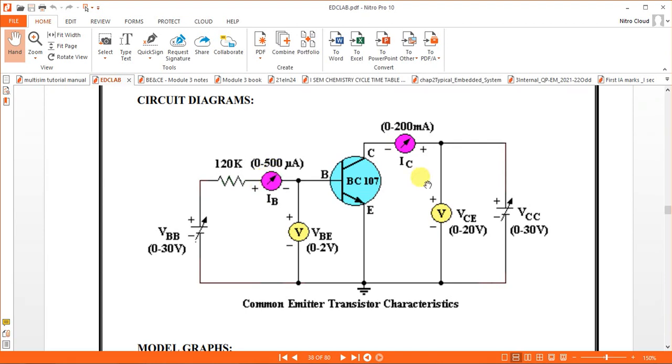Again, that is the second set. Third set, again increase the VCE by 2. So keep VCE equal to 4 volts constant. Repeat the experiment. Next repeat with VCE equal to 6 volts, next VCE equal to 10 volts. So for every constant output voltage, you vary the input voltage, this is a variable supply, and correspondingly note the IB value. That will give you the input characteristics.